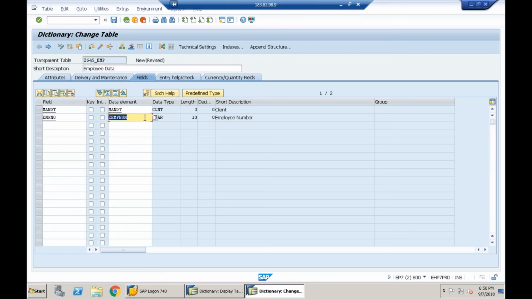That is also available. Okay, I'll say ZEMP underscore num. I'll press enter. It is also available. Okay, Z employee underscore number. I'll press enter. Okay, Z employee underscore number. When I press enter,